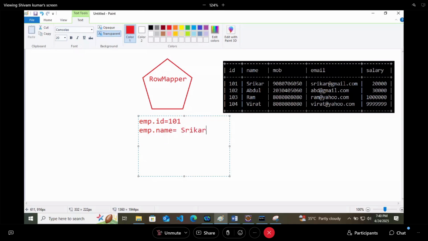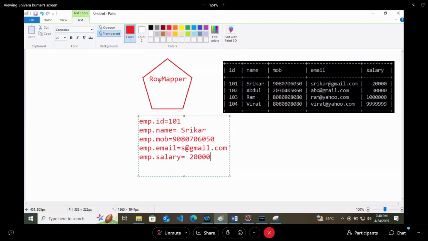First row we are talking about. emp.mob equals 9080706050. emp.email equals s@gmail.com, shortcut I am writing. emp.salary equals 20,000.